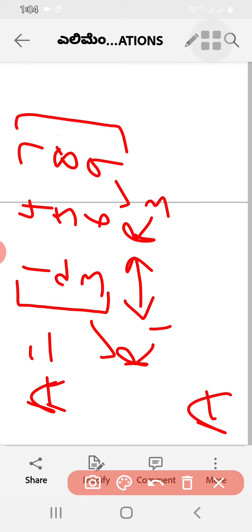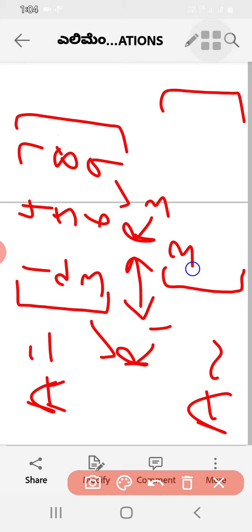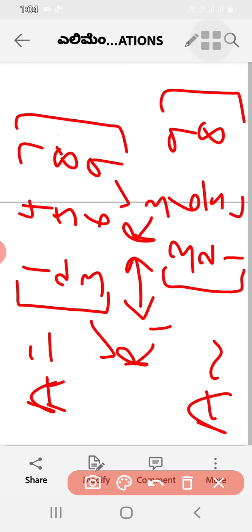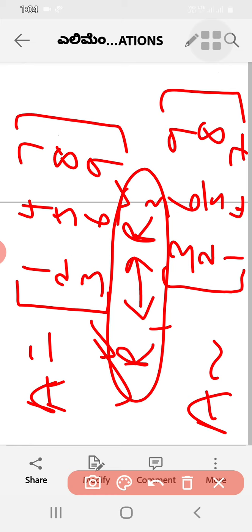Then what happens to this matrix? This matrix becomes, so instead of the first row I write the third row. I have not disturbed the second row, so let me write it as it is. Then the first row comes in the place of the third row, 1, 4, 7. This is also allowed. This is one of the operations. That means we can interchange any two rows or columns of a matrix.